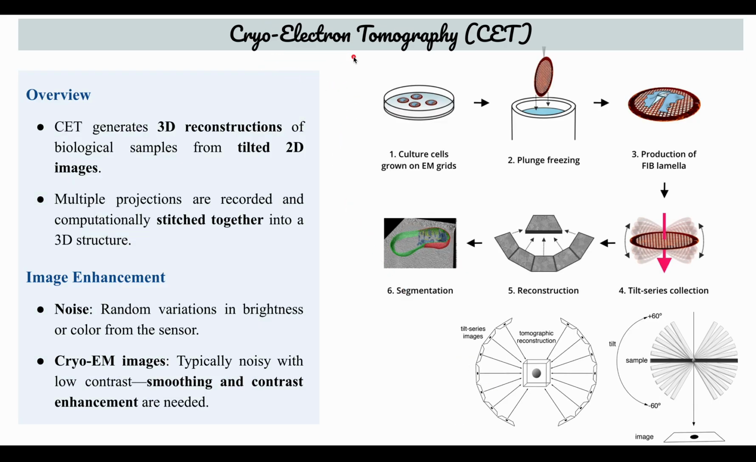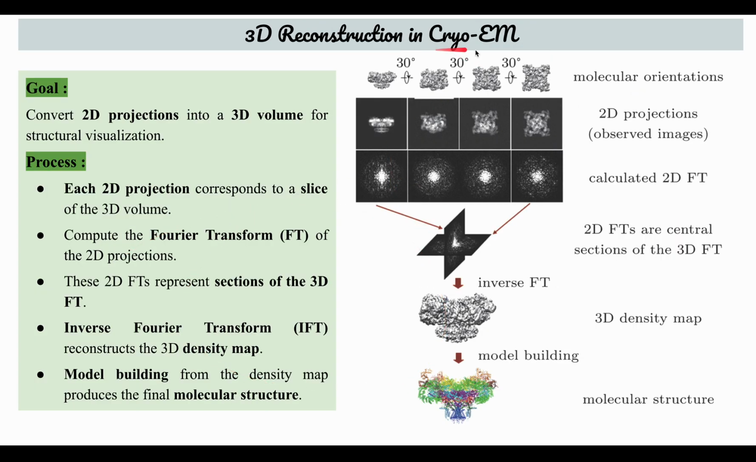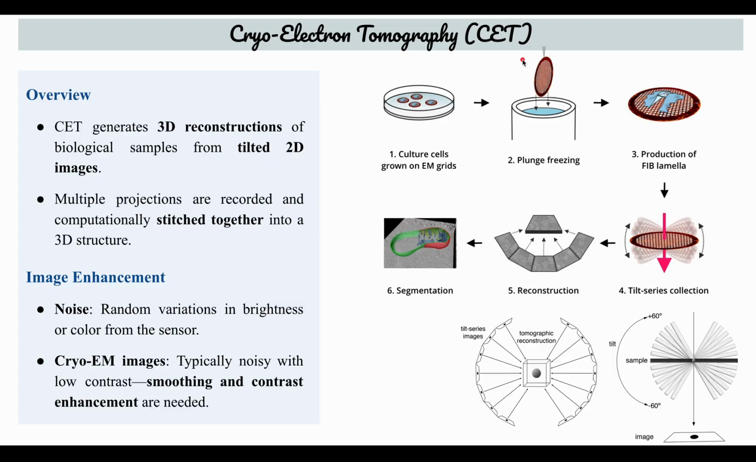Now there is another type of cryo-electron microscopy, which is known as cryo-electron tomography. So CET generates a 3D reconstruction of biological samples from tilted 2D images, and multiple projections are recorded and computationally stitched together into a 3D structure. So as we have seen in 3D reconstruction in Cryo-EM, if I perform tilt series collection, then it is specifically known as cryo-electron tomography,